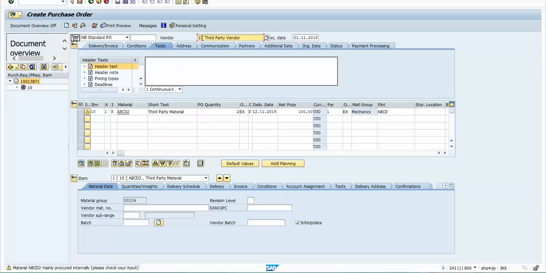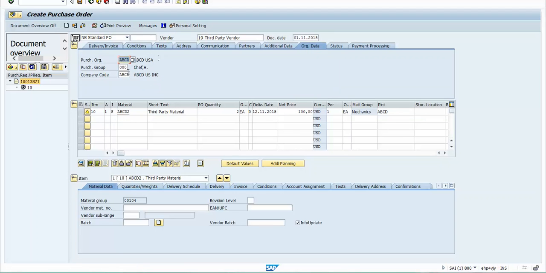We enter the vendor details over here. We enter the material details over here. We check the organizational data. It has the purchasing org, the purchasing group, and the company code. So it means that this is the purchasing org which is ordering the material from this vendor, and this is the company code which is ordering the material from this particular vendor, and it is this material and the quantities too. But you would be amazed to see that the net price over here